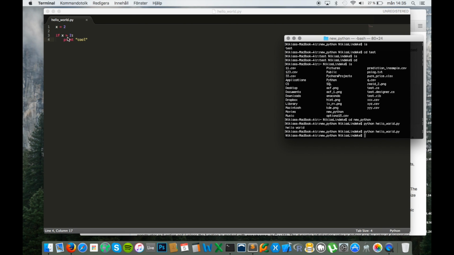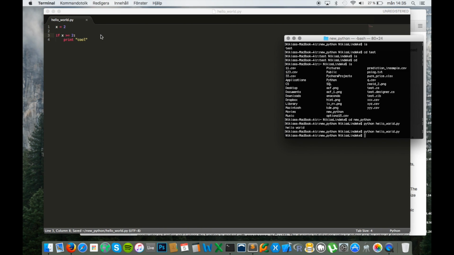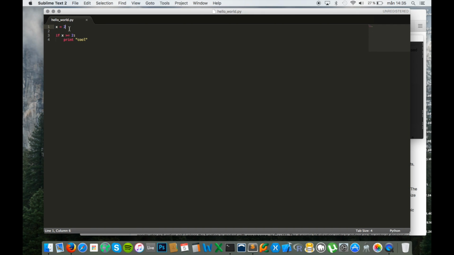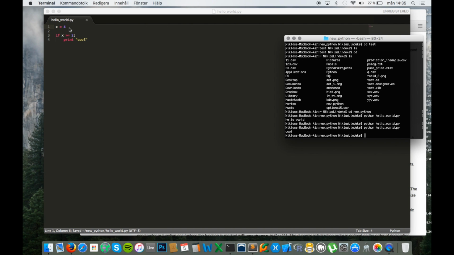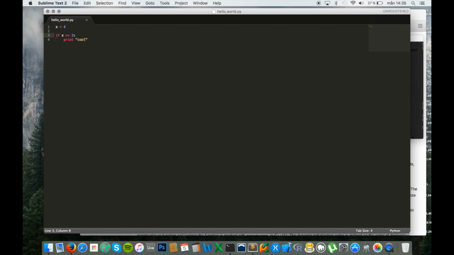However, our statement said if x is more than 2, we'll print cool. But now it is equal. So we can do this and print it again. Oh, it was cool now, because now it's both more than or equal. We can do this, and it is still cool because it's 4, which is more than 2. And that is basically how you do it.